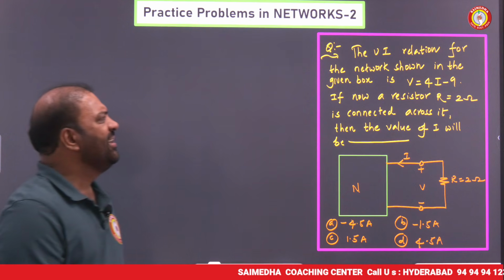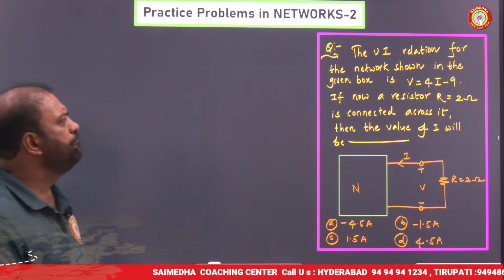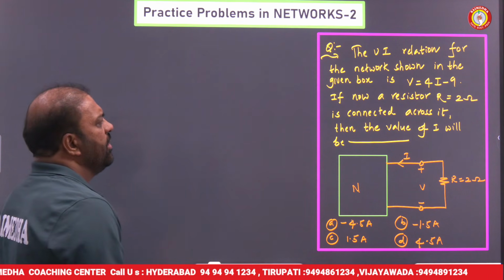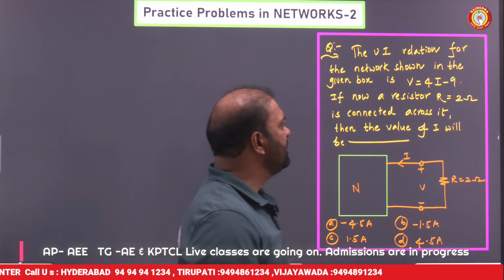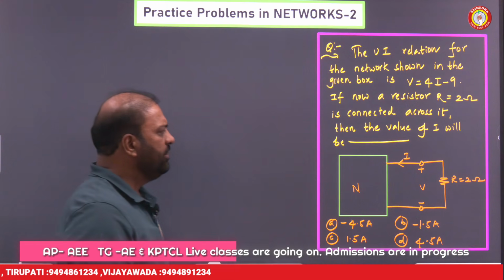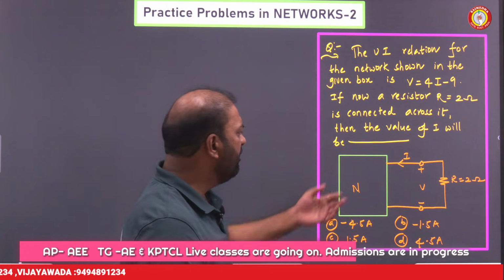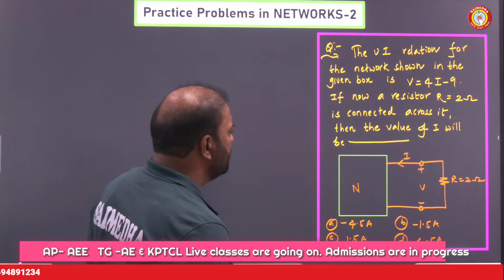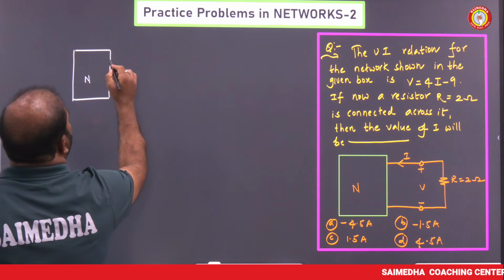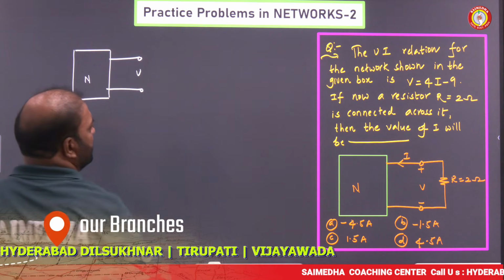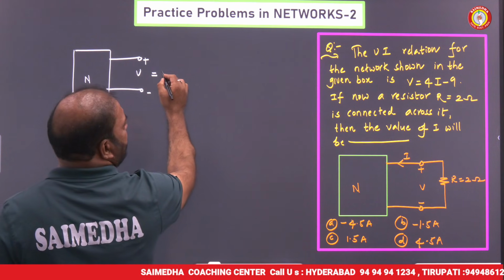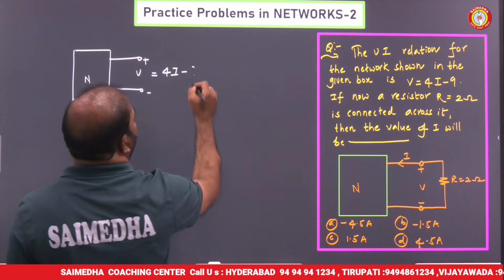The voltage current relationship for the network shown in the given box is V is equal to 4I minus 9. If now a resistor capital R is equal to 2 ohm is connected across it, then the value of I will be dash. So here we have a network, my dear friends. It is clearly mentioned that the voltage across the terminals of this network is V is equal to 4I minus 9,